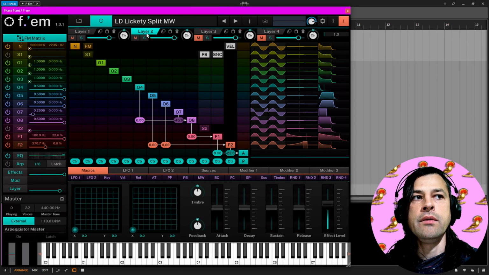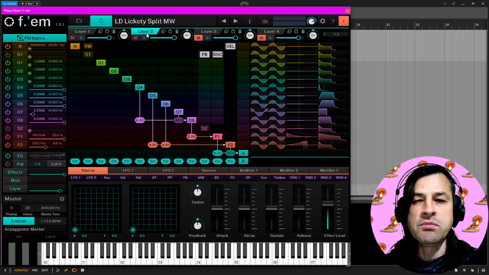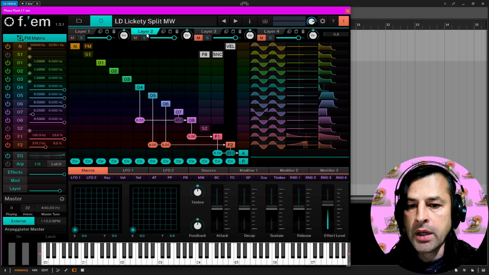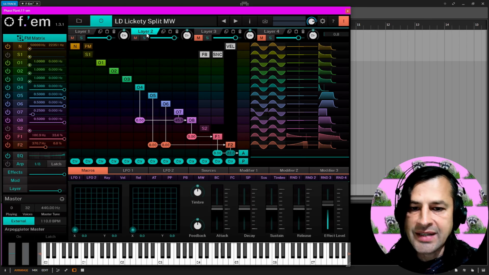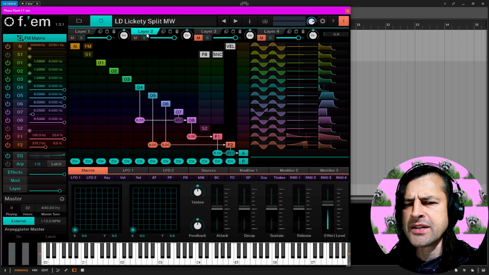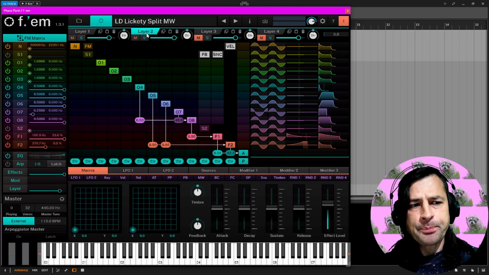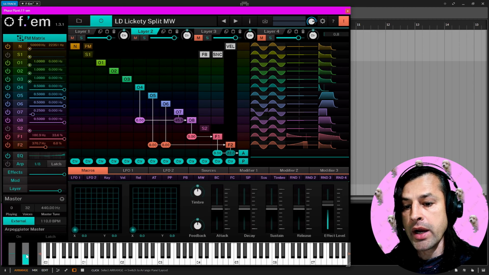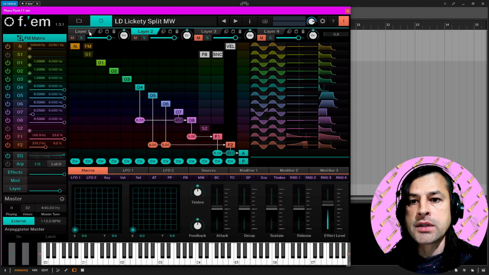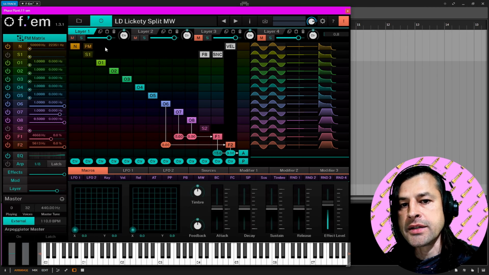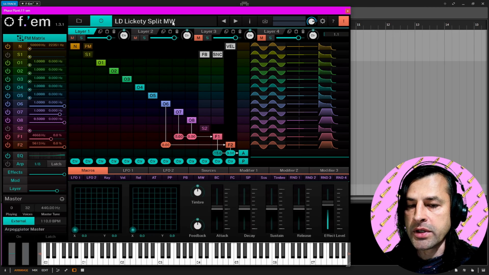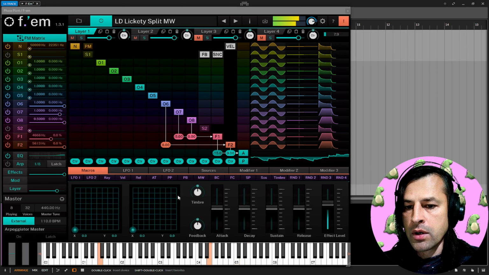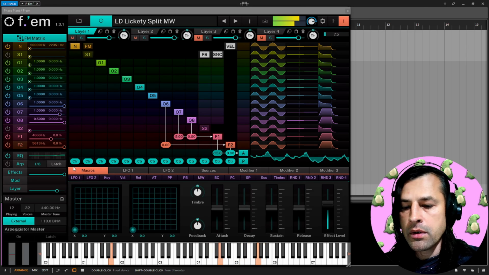I haven't found out actually how you can switch between all 4 of them, so I try to stay with 2 layers and switch between them with a modwheel slider right here. And I added a signature into the name, MW, so you can switch between them. Let's check this out. We have the first layer right now, and we just